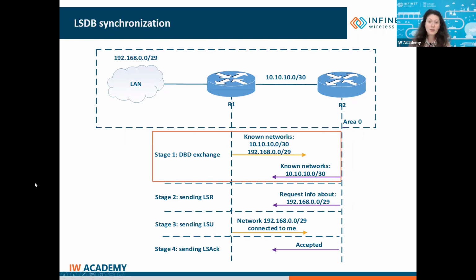First, the routers exchange database descriptor packets in order to send the content of their own link state database. We can see that router R1 informs that it knows the 10.10.10.0 and 192.168.0.0 networks, while R2 tells about network 10.10.10.0. Next, since router R2 doesn't have any information about